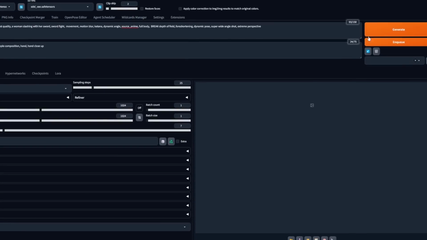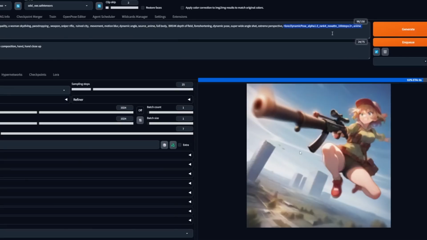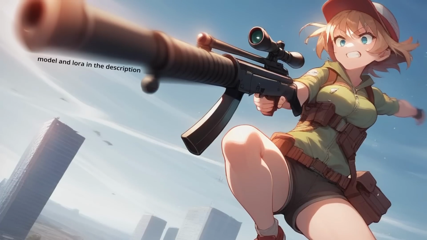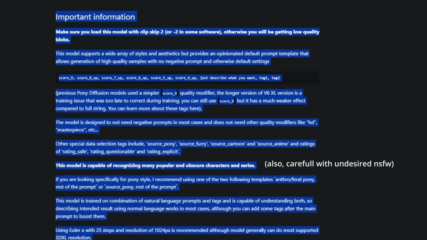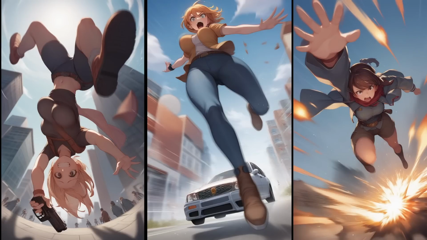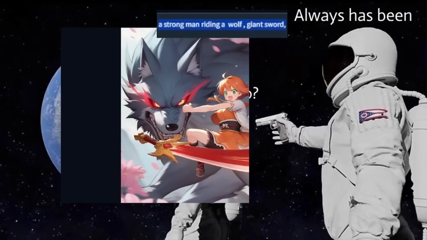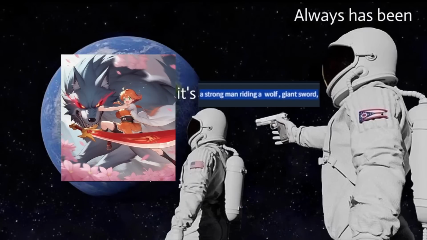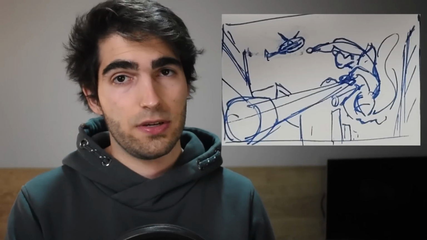In case you're a text-to-image enjoyer, PonyXL is very good with this style of poses. More so if you use the slider LoRA I made. The checkpoint is a bit weird to use, so read the description to understand it better. These generations can serve as inspiration or even starting images, but they don't follow the prompt much, so you can't really control them. Luckily, control is the main focus of this channel, and to achieve it, the next part is extremely important and will save us a lot of time. Even more so if we want something very specific.